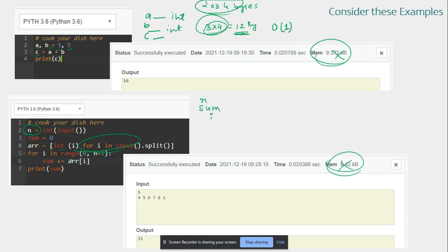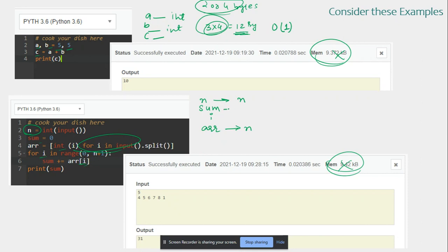Again we have i, and we have the array, then we again have sum. All these values are going to repeat themselves, and the n values are going to get repeated, right? But here the value of n may change. It is going to be an integer, but here the array is going to change, so n amount of space it is taking.